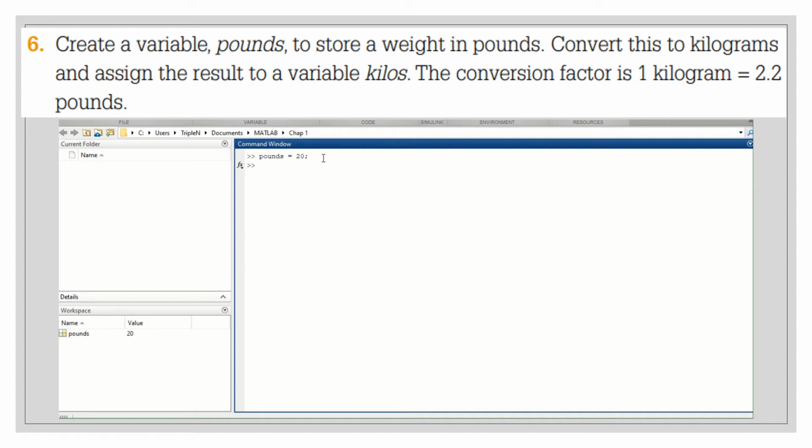Then I will write the very formula I used there. I'm going to say kilo equal to 2.2, and then I'm going to say pounds like that, right? No, Matlab will send an error. I need to put there the multiplication symbol, the star symbol stands for multiplication. Then if I press enter,